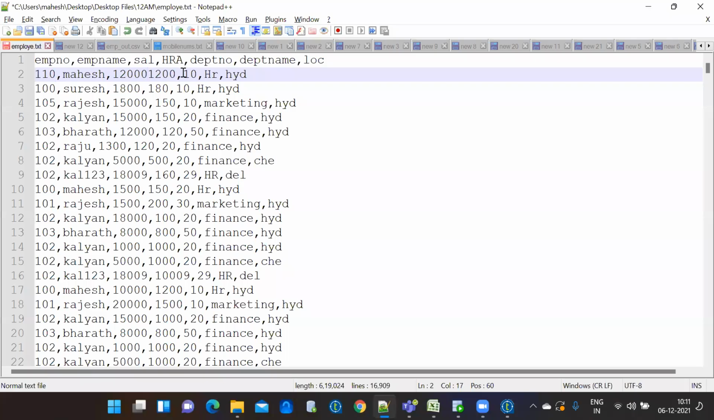Suppose there is no comma here. Example, there is no comma here. Tell me what is the salary. I'll say only this is salary, or else I'll say these are complete is salary. You agree, right? So when I say delimited file,